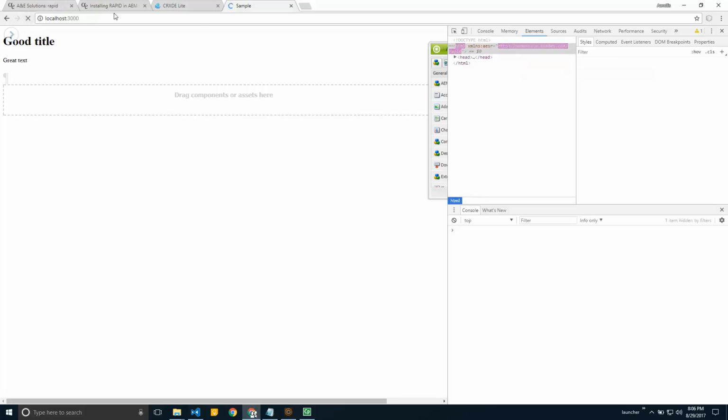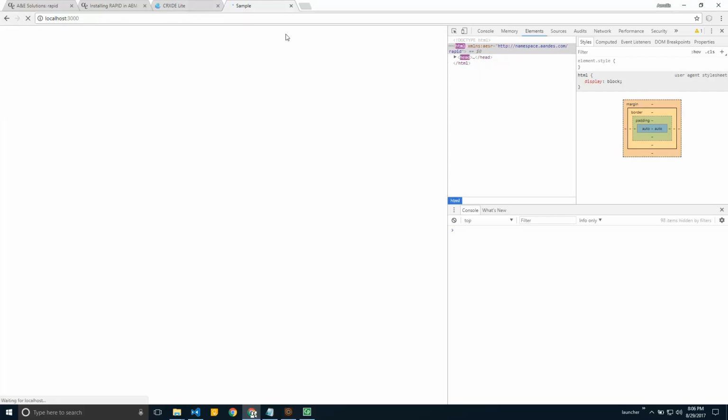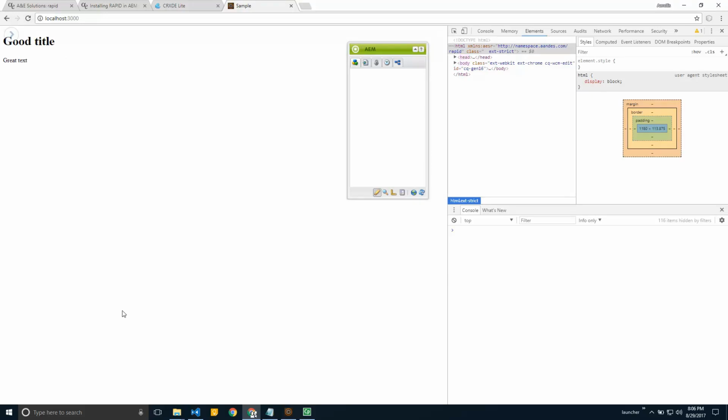All right, so let's go back to the vanilla web page. Suppose I have these two components, right? Good title, great text, and let's say I'm using Angular or vanilla JavaScript or whatever. At the end of the day, I am using the front end. I intend to use the front end to